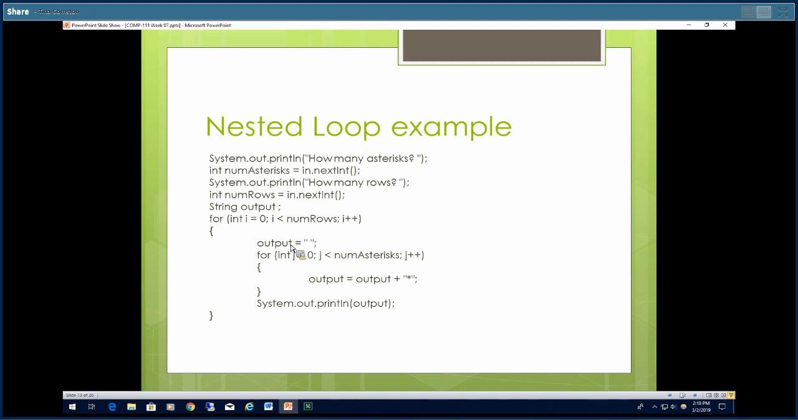So let's say we have 3 rows and 7 asterisks. We come in, i is 0, i is less than 3. So we set our output variable equal to just this empty string. Then we come in here, j is equal to 0, 0 is less than 7, so we execute the loop, and we add an asterisk to output. Now output contains 1 asterisk, and we come back up here, and j is now equal to 1. 1 is less than 7, so now output contains 2 asterisks. j is now 2, 2 is less than 7, now output contains 3 asterisks, and so on until eventually output